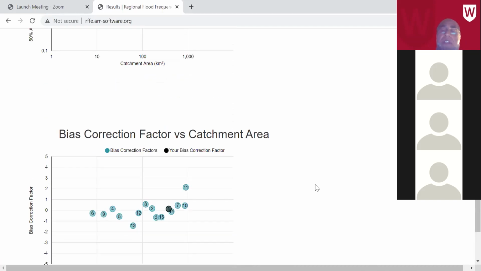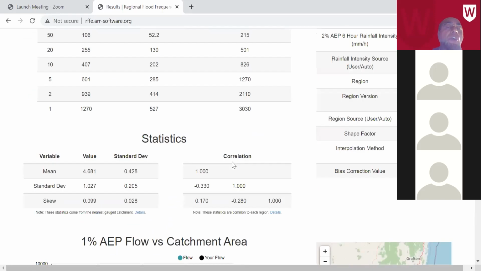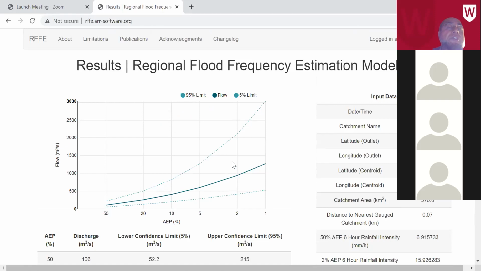Okay, I think that's all probably for this tutorial class. I think there is no other question, but I wanted to show you the Bureau of Meteorology website. So let me show that one. And another thing is that you can go for the advanced technique. So if you want to go to the advanced one, let us go to the,